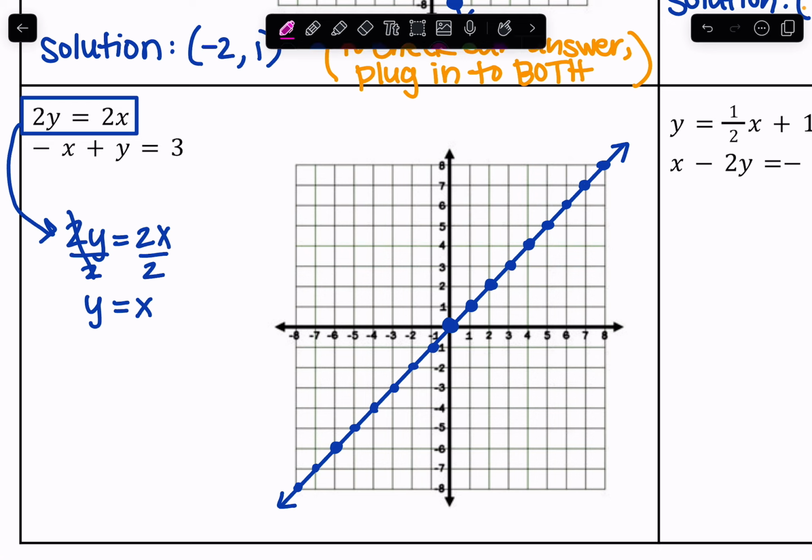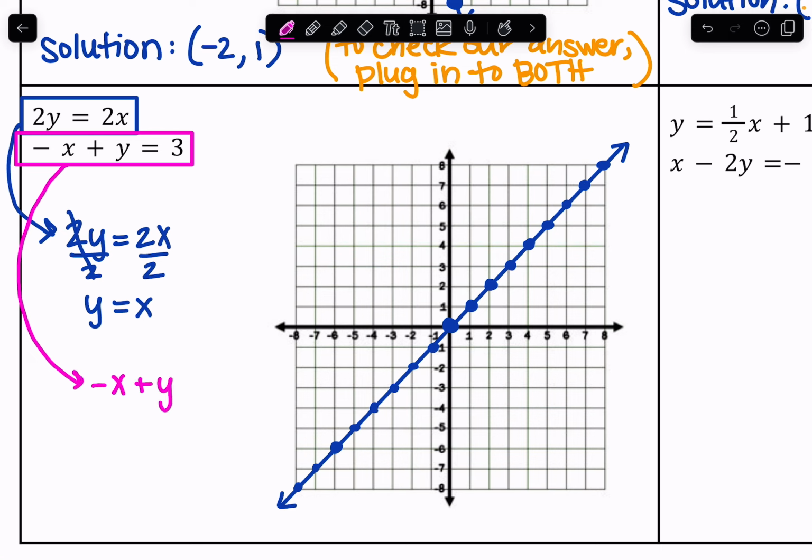Then I'll grab pink, and I'm going to graph the second line with pink. But again, this one is in standard form, which is okay, but if it's been a while since you took Algebra 1 where you were doing a bunch of graphing, it's just easier to switch the form. So I'm going to add x to both sides, and I get y is equal to x plus 3. And when I graph that, my y-intercept is 3, and my slope is 1. So up 1 over 1 gives me these dots, and then down 1, left 1 would give me similar dots in the other direction. Connect all the dots